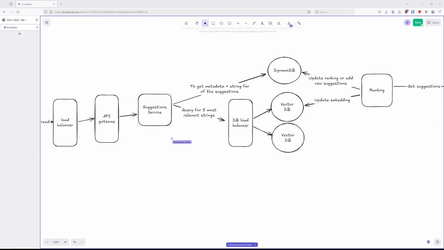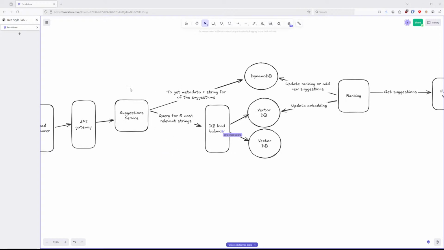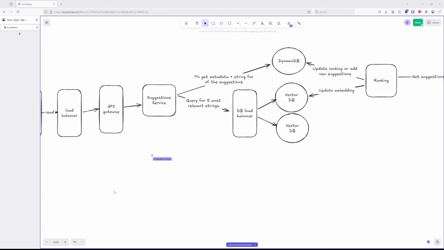So there will definitely be more than one version of this; I just didn't draw that in. Would the different suggestion services be going to the same DB load balancer? I guess the question here is different: one concern you have is the size of the database, but what about the throughput? Right, so this would help with the latency, but when we're talking about throughput,